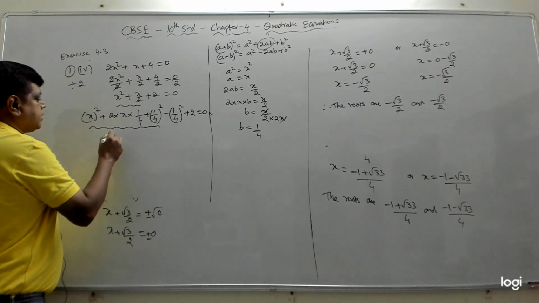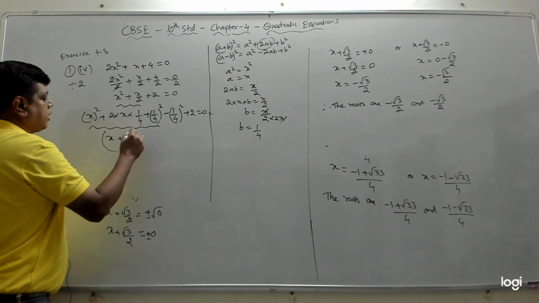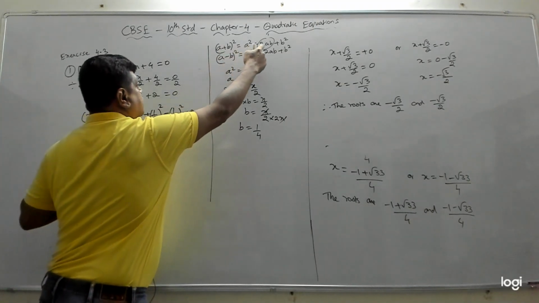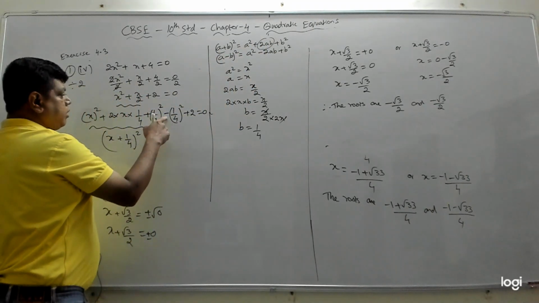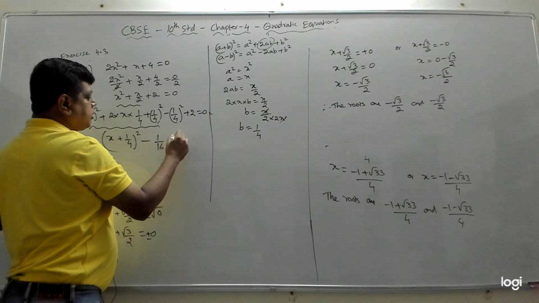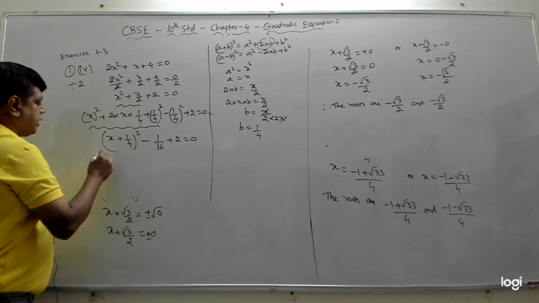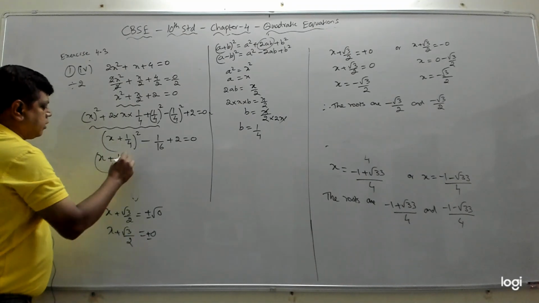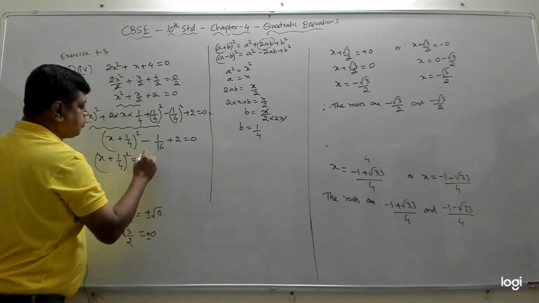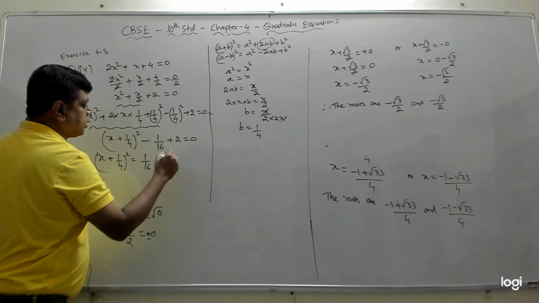So now these three terms, they look like a square plus 2ab plus b square. So this can be written as a plus b the whole square. Instead of these three terms, we can write it as a plus b the whole square because it is in this form. So now we have minus 1 by 4 the whole square means 1 by 16 plus 2 equal to 0. Now again x plus 1 by 4 the whole square equal to, now move this to the other side, minus 1 by 16, if it goes here it will become plus 1 by 16, 2 goes here it will become minus 2.